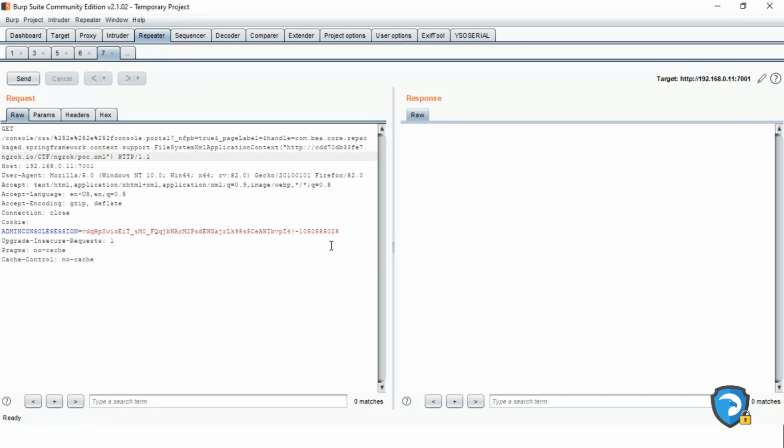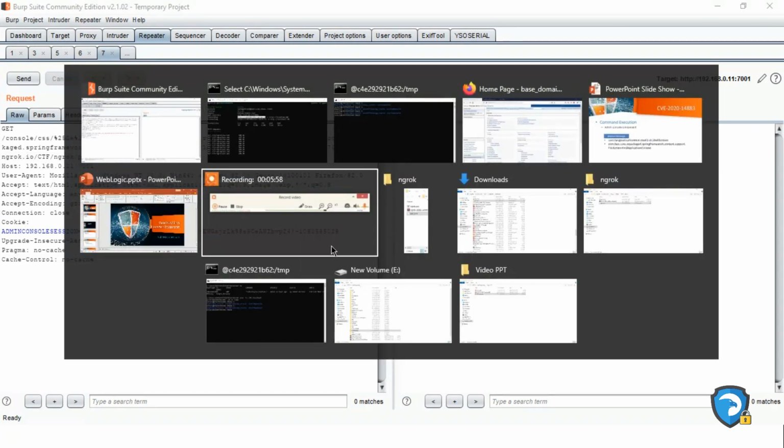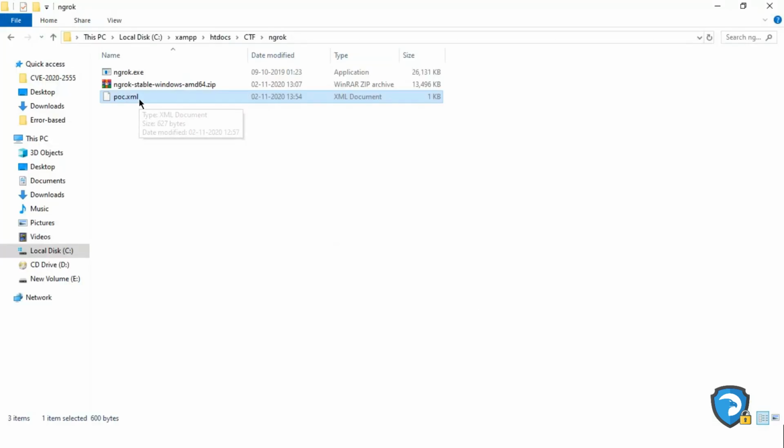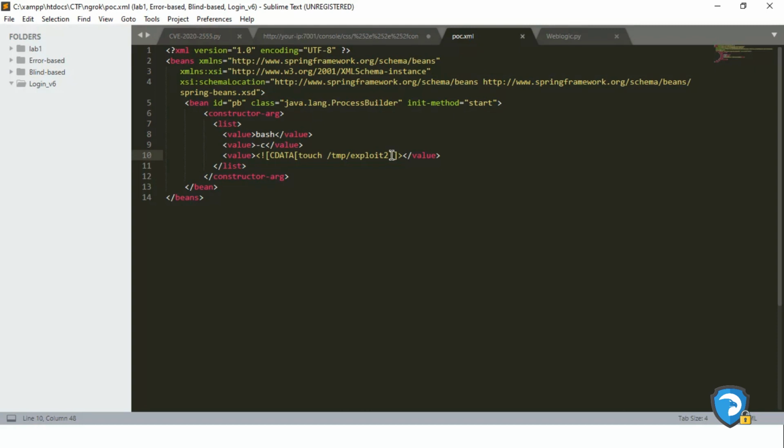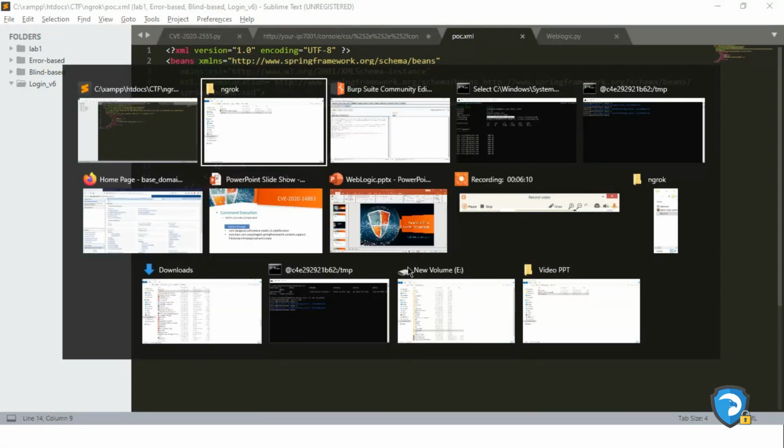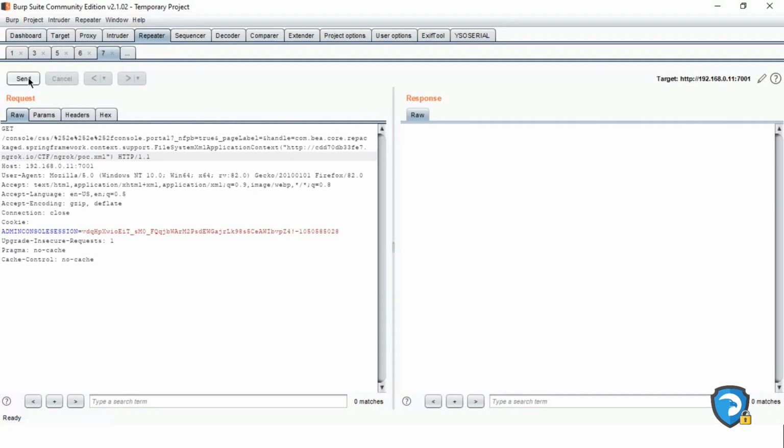So poc.xml is my file on the ngrok server. I will show you. As you can see, exploit 2 is the file name we are going to upload. Send.